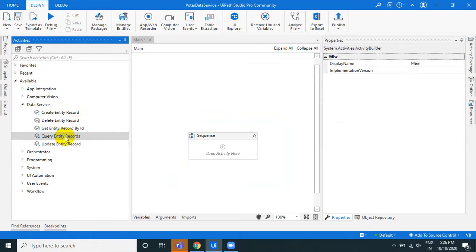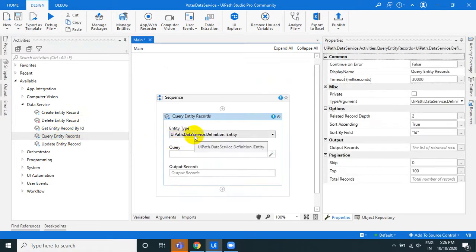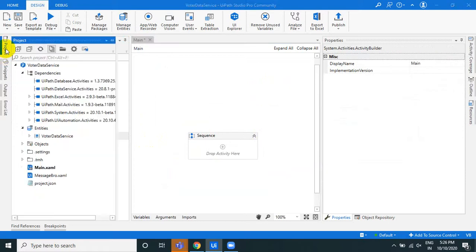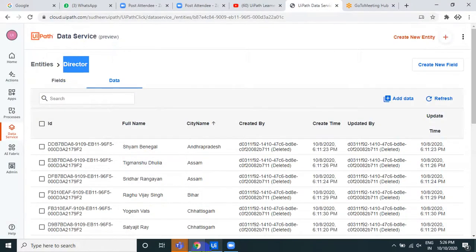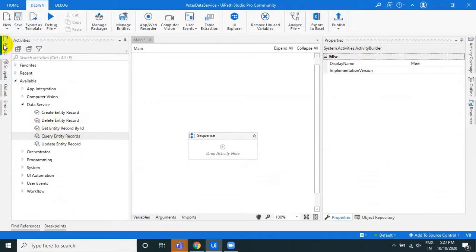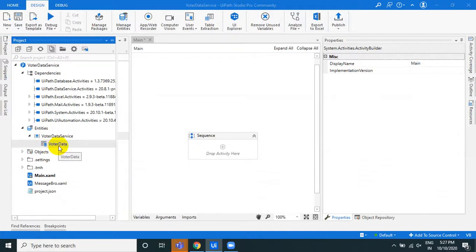First of all, how can we retrieve the entities? Just drag and drop this one. You're not finding any director. We have a director entity on the website, but here in the project panel we're not seeing any director entity. Why? Because we have to manage.